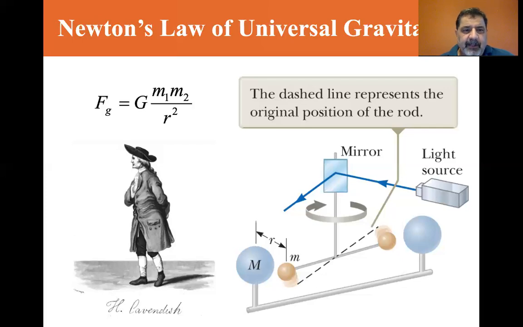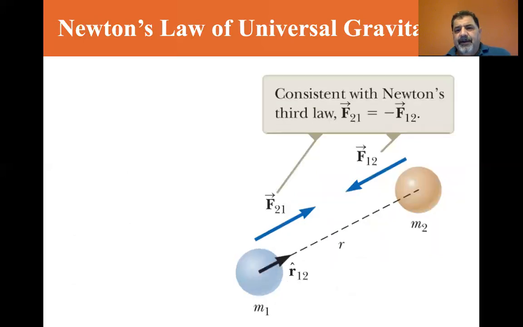All right. Okay, so here's again the gravitational equation. The force of gravitation is equal to G times M1 M2 over r squared. So this is consistent with Newton's third law. If you have a force F21, that's the force on 2 by the influence of 1, it's equal to the negative of force F12. Again, here's the equation: force of gravity is equal to G times M1 M2 divided by r squared.